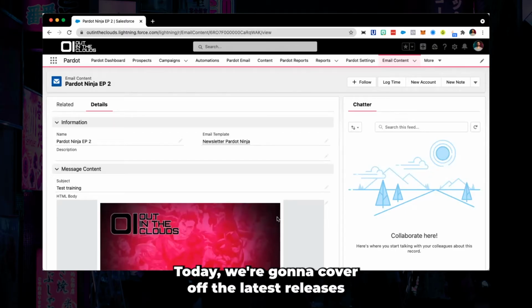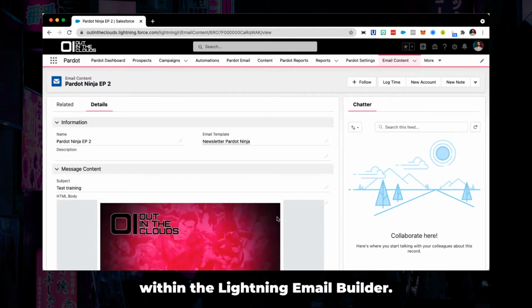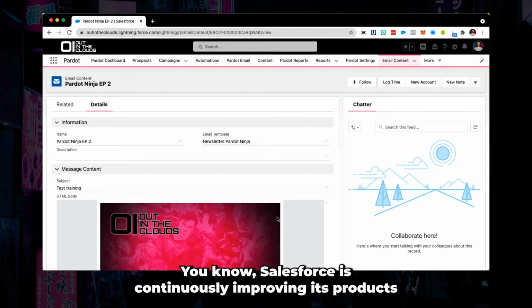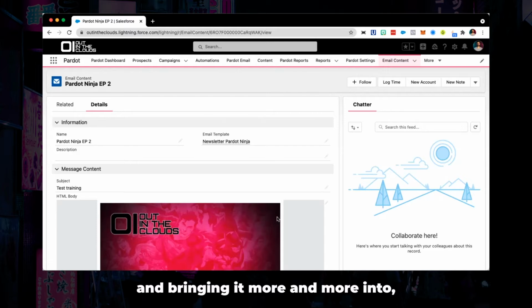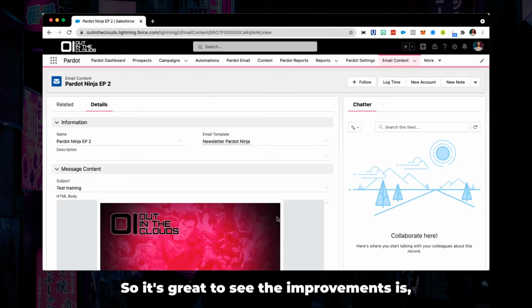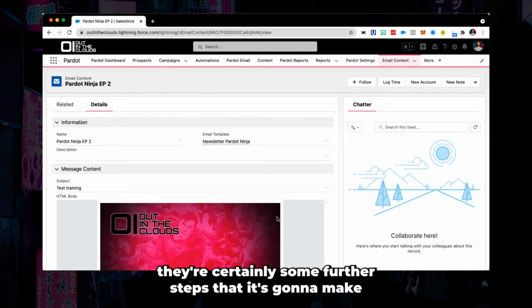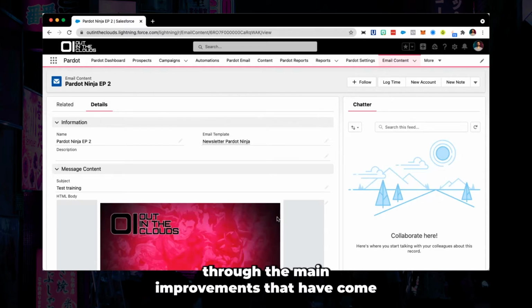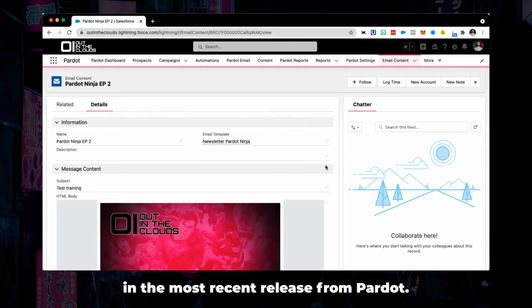Today we're going to cover off the latest releases within the Lightning email builder. Salesforce is continuously improving this product and bringing it more and more into the current state and what we've been waiting for as marketers and content creators and campaign managers. So it's great to see the improvements. There's certainly some further steps that it's going to make, and we're looking forward to that. But for now, we're going to take you through the main improvements that have come in the most recent release